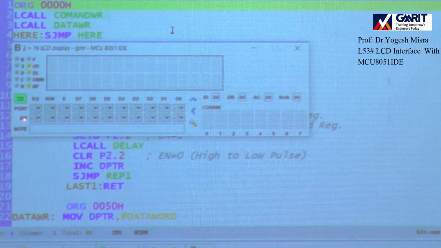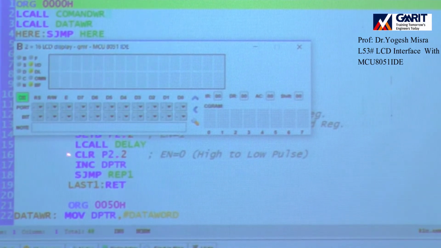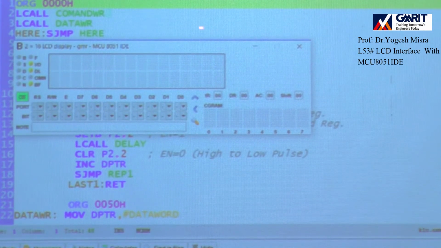Now what we will do here, you can focus on this block only. Only this much block is required.